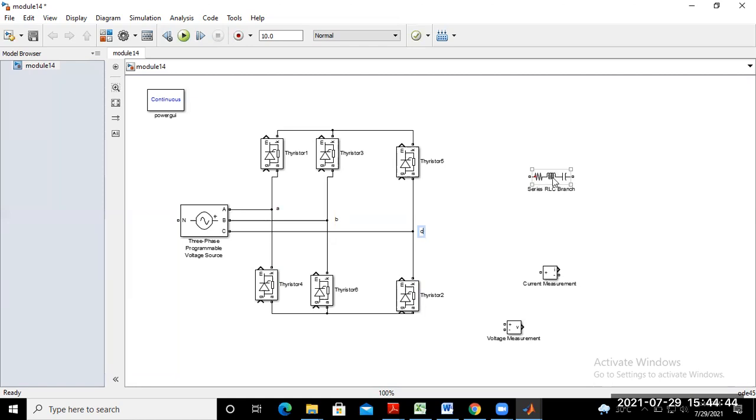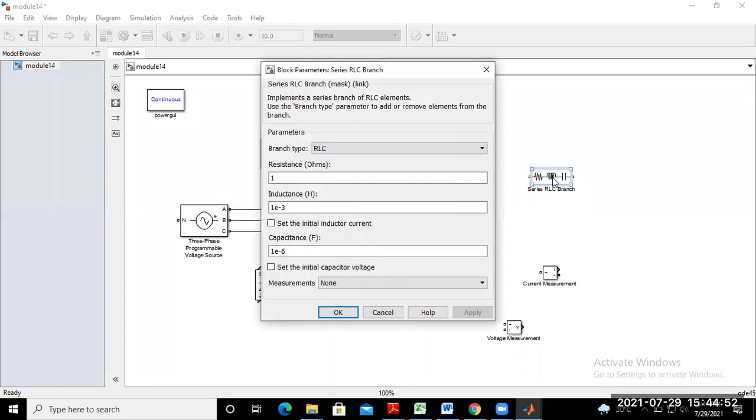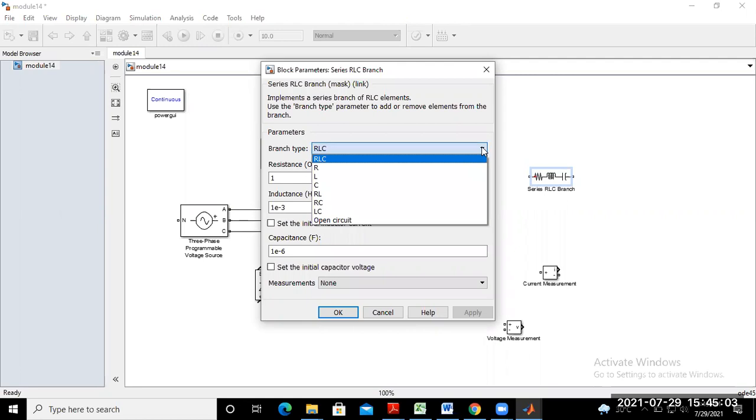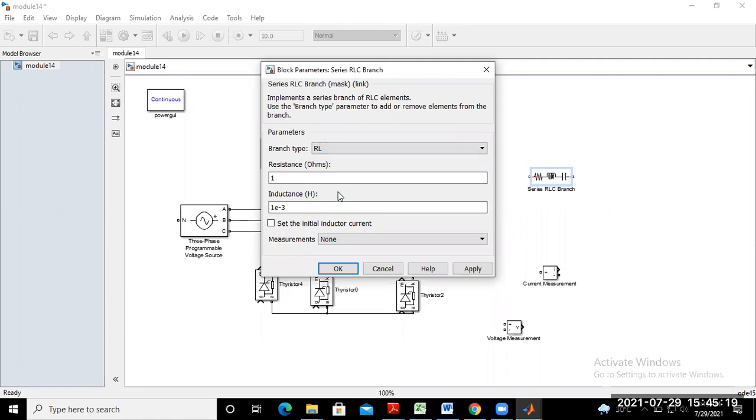So just click on this block. Okay. If you click on this block, the circuit configuration is here. That means here the type RLC is given to you. So if you click here in the row, different types of load characteristic are given to you. That means according to your requirement, you may select either resistive, inductive, capacitive, RL, RC, LC, and RLC. You know. So we require RL. So just click here RL. So this one consists of RL.